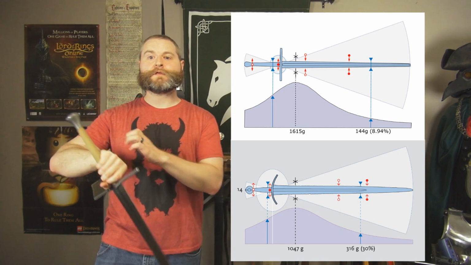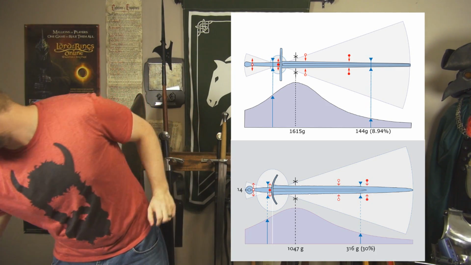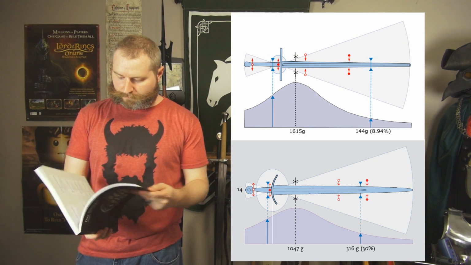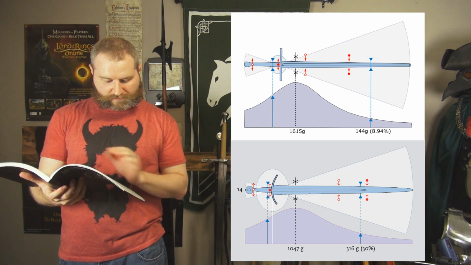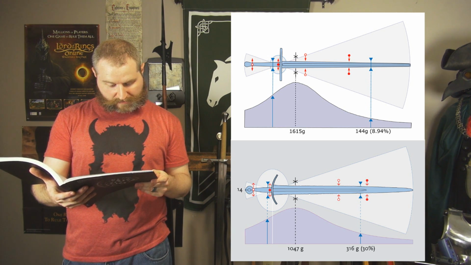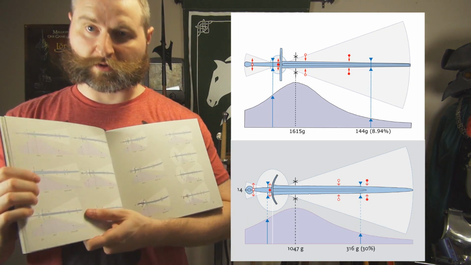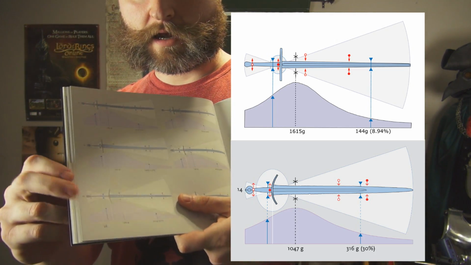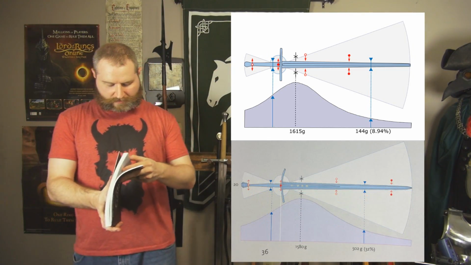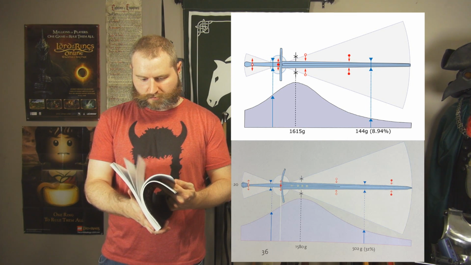I compared this chart to some of the other swords in this book, and I'll have to go find it again. But there is one sword that actually looks pretty similar to this one, and it is number 20. So here it is. Here's number 20. And I'll try to get that drawing right up here. Number 20 is called